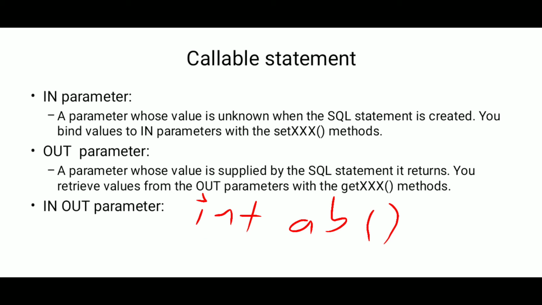So this is how in parameter and out parameter work in a function. Maybe in some query you can use both types of parameter, like an in out parameter. To work with the out parameter you use the get method, and to work with the in parameter you use the set method. Because when you use an in parameter, you have to set the value in the function, and when you use an out parameter, you fetch the data using the query. So the get method is used there.